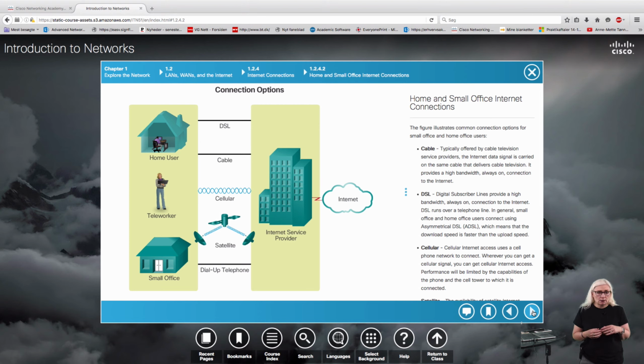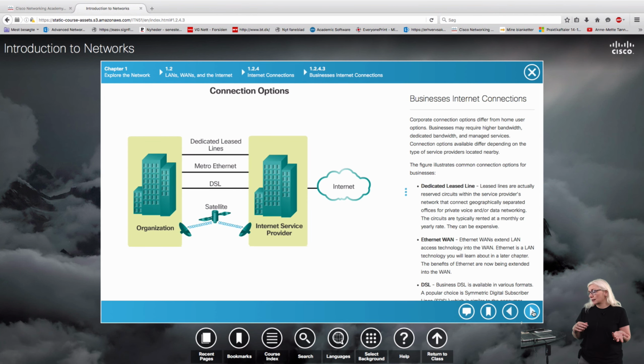Cellular networks, the mobile networks, are of course also one option. We could have satellite if we are placed very remotely. The only option could be a satellite connection, and in some parts of the world we still have dial-up phone lines that we are using for internet connection.